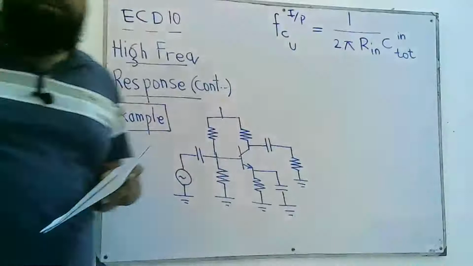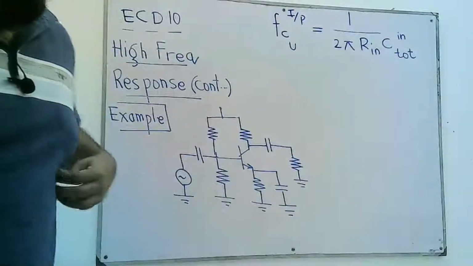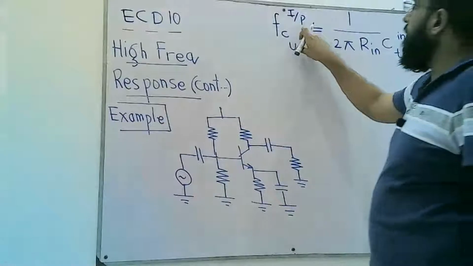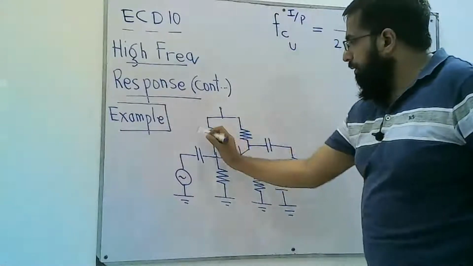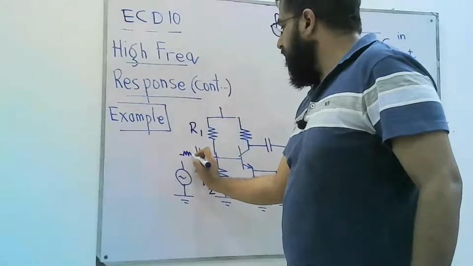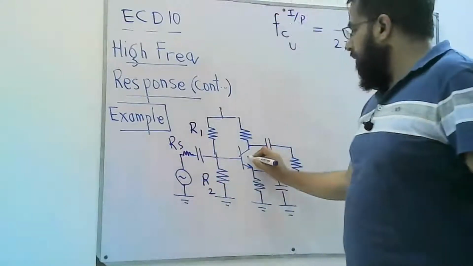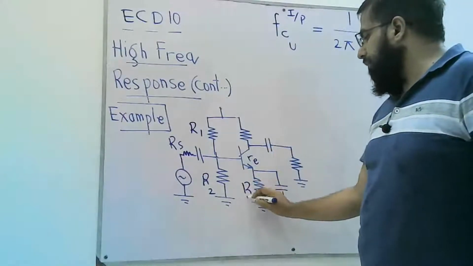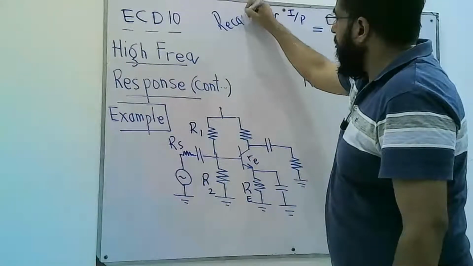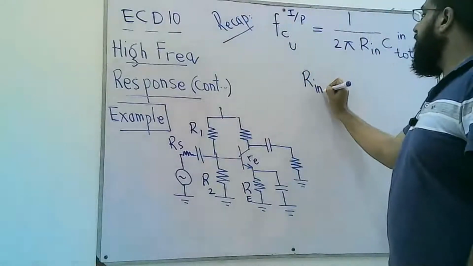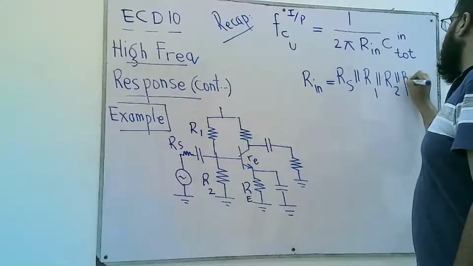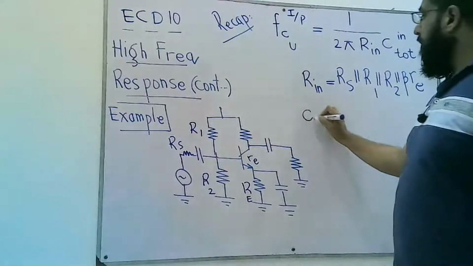One over 2 pi R in and C total in. So this is the formula we computed in the last lecture to compute the upper cutoff frequency due to the input RC network containing resistors R1, R2, the source resistor RS, and beta times this small re. As a recap, Rin was computed as Rs in parallel with R1, in parallel with R2, in parallel with beta re, where C in total